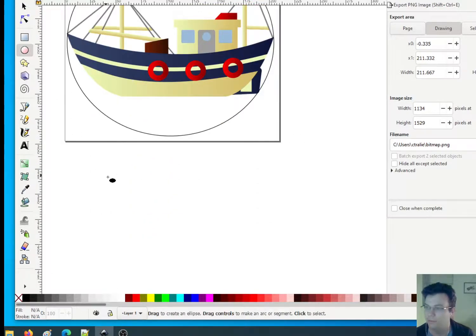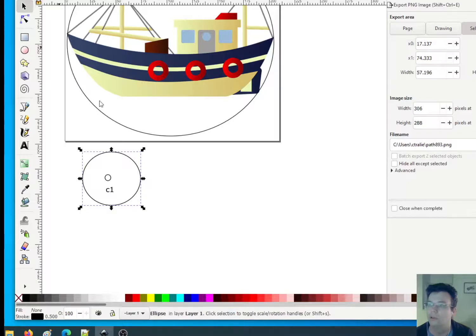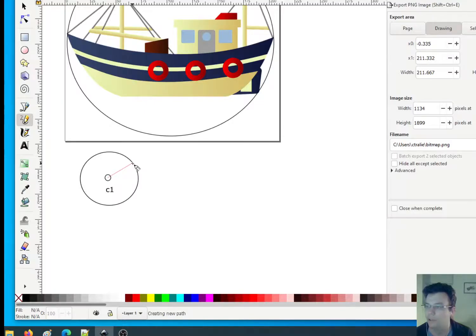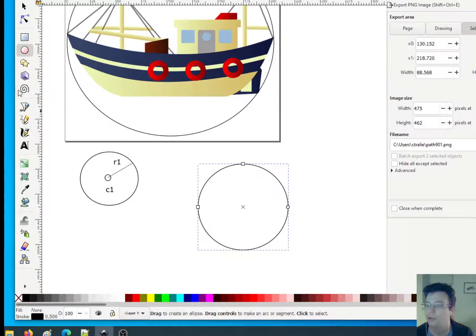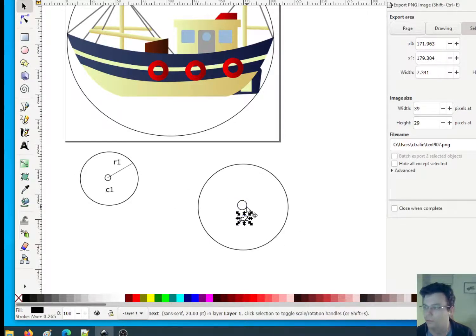If I have a sphere with center C1 and radius R1, and then I have another sphere over here with center C2, radius R2, I can determine whether they intersect simply by